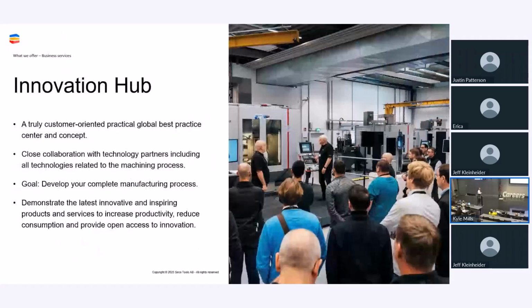So where it all starts, SECO has what's called an innovation hub. We have 2 of those physical sites today in the UK and in Germany. And we're in the works of having a physical space in the US in the Charlotte, North Carolina area. And then we have what we call virtual innovation hubs across the global footprint, where we have engineering teams in all the key markets, US, Mexico, India, China, all across the board, where we actually take customers' projects and we